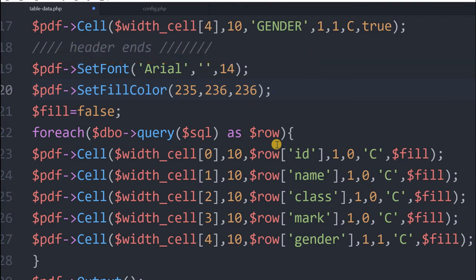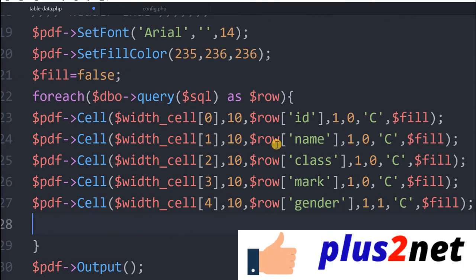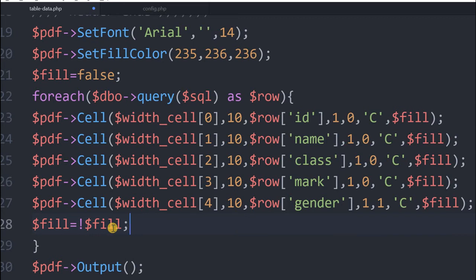Why I am filling this is because of this line. I will add one more line here. I will say that fill equal to not fill. Here we have declared it as false, and after one round of loop the fill value will become true.